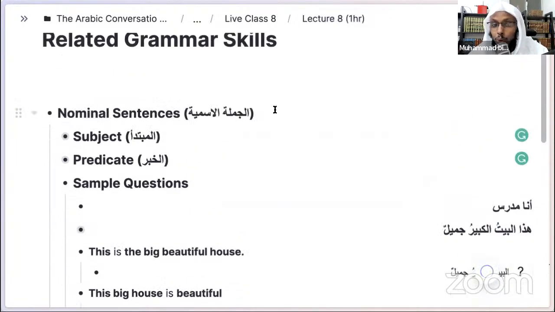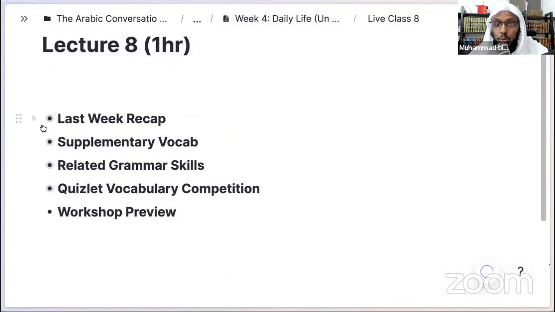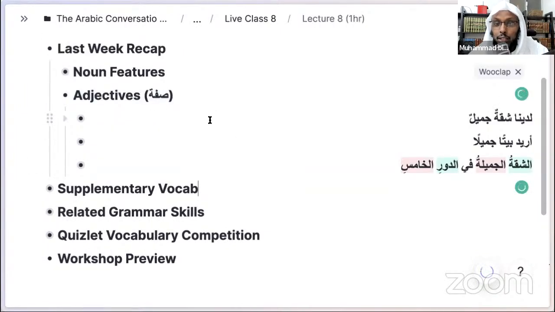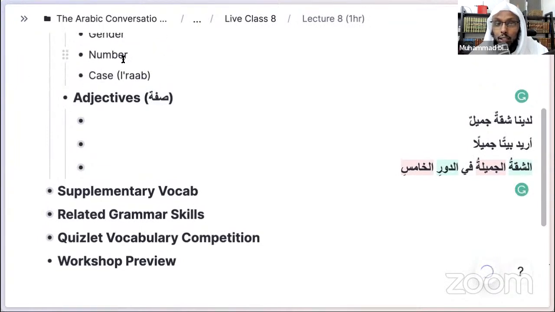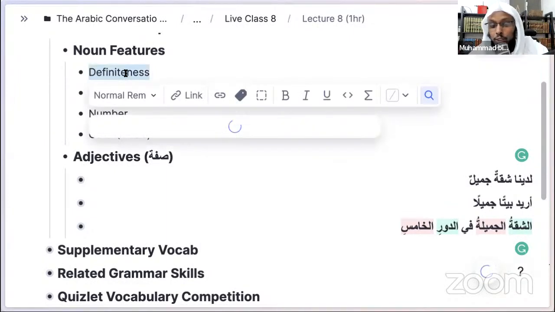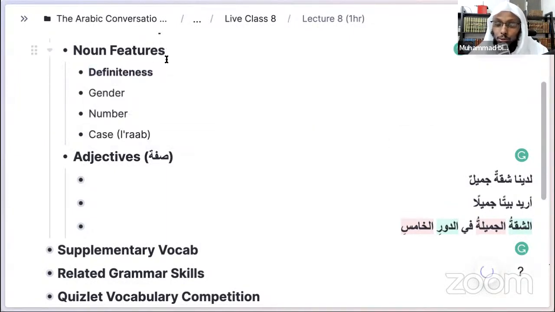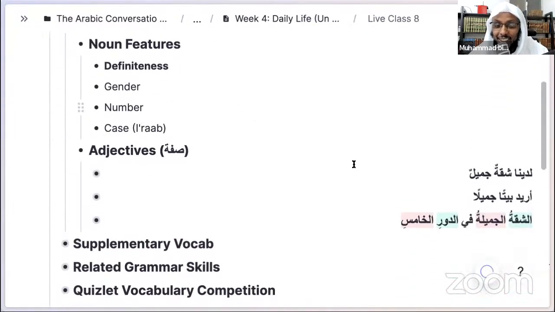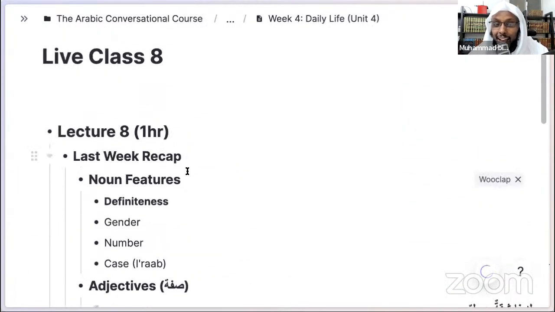That's why the first thing that we did today is we revised what? The adjectives. What do we say about adjectives? We said that an adjective has to agree with the noun in 4 things: definiteness, gender, number, and case. If you want to know where to put the "is," it's all about definiteness. That's why I said to you at the beginning of the lesson,